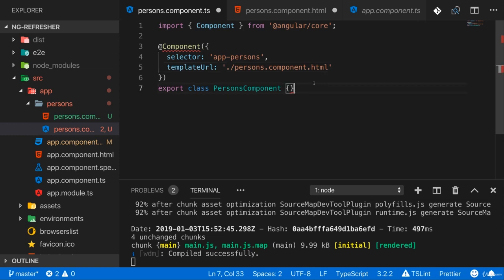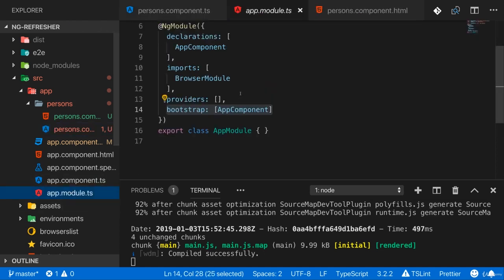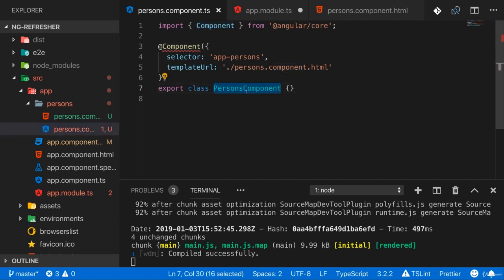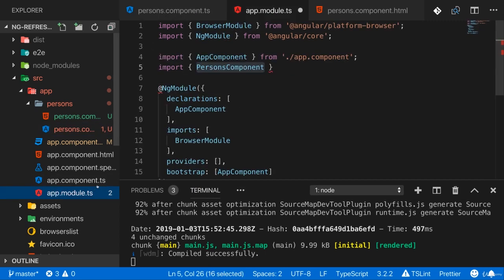Now, last but not least, let's save these files. And now we need to register this component in our module or in some Angular module. Now let's use the app module for now. And let's add an import here at the top where I import PersonsComponent. And you have to make sure that the name you use here matches the class name you used here. So PersonsComponent